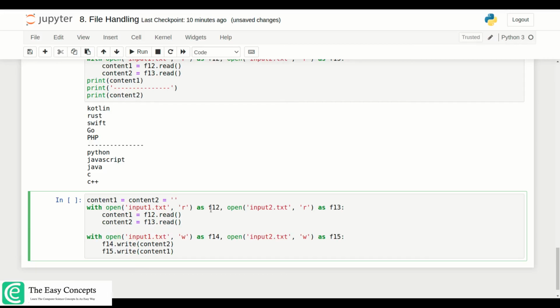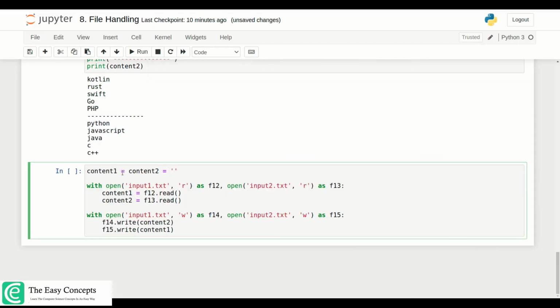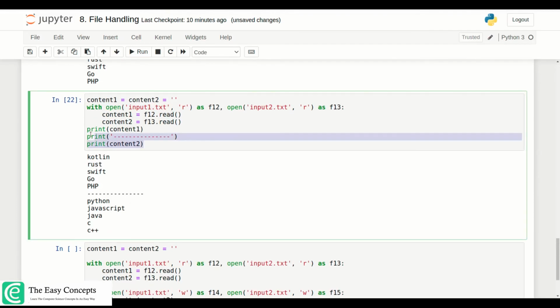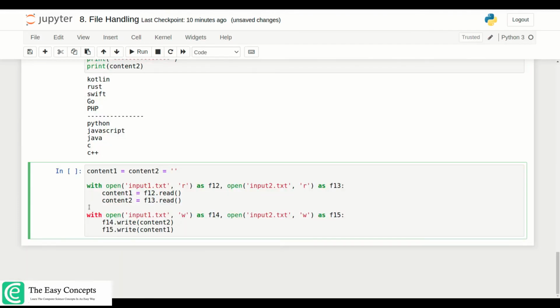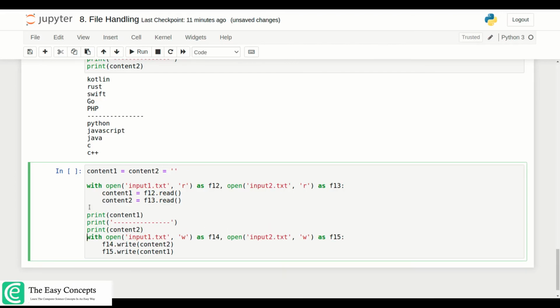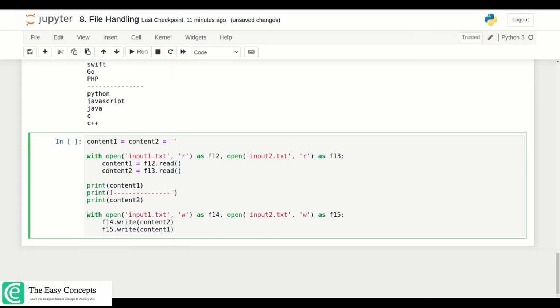Now you can see we have content1 and content2, and we are opening the first file in read mode, the second file in read mode, and trying to print content1 and content2. Alright, now they will be printed.